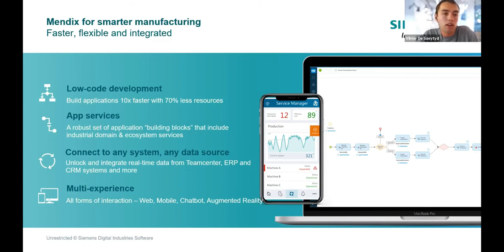Mendix doesn't only allow you to go faster, but we also have a lot of different building blocks which help you reuse things and connect to different systems, but more on that later. Mendix also allows you to build multi-experience applications: mobile native, mobile hybrid, and browser applications. All of these can be generated from the same application in Mendix.